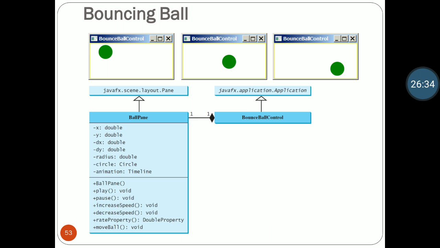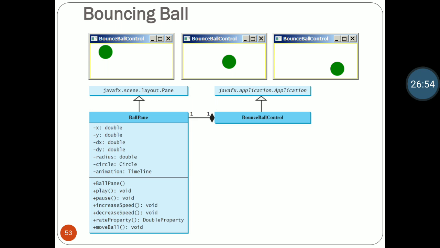Here is a bouncing ball. BounceBallControl will be of javafx.application.Application. Means it will create an application in which we will create a ball.